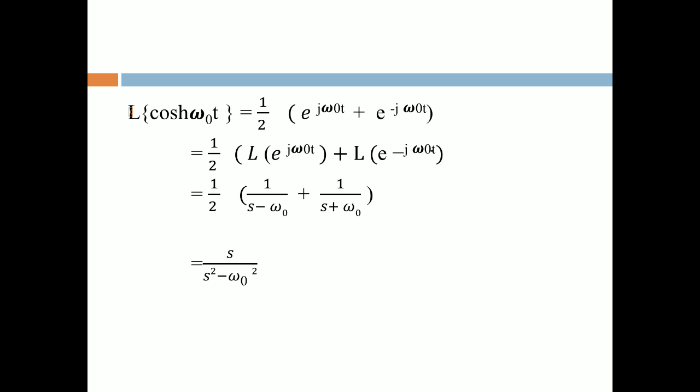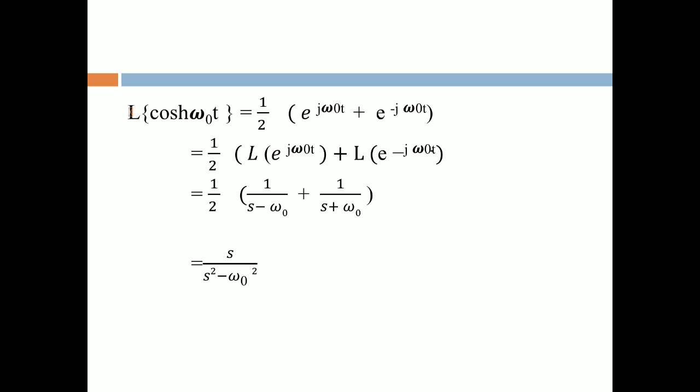Then let us see the Laplace transform of hyperbolic cosine function. So Laplace transform of hyperbolic cosine function is equal to 1 upon 2 (e raised to ω0 t plus e raised to minus ω0 t), which is equal to 1 upon 2 Laplace transform of individual terms,